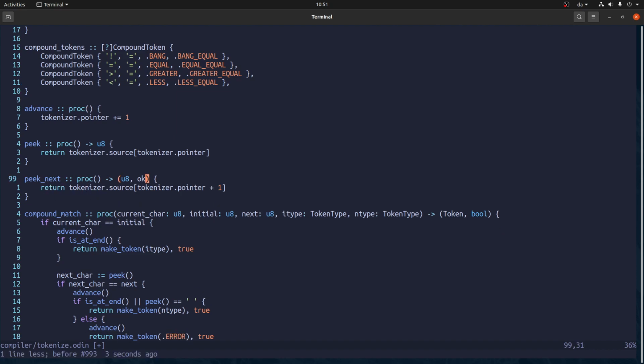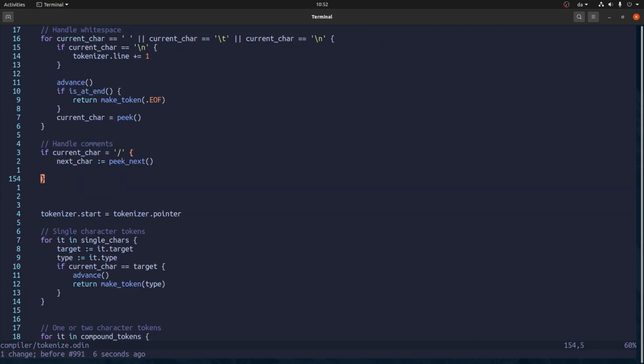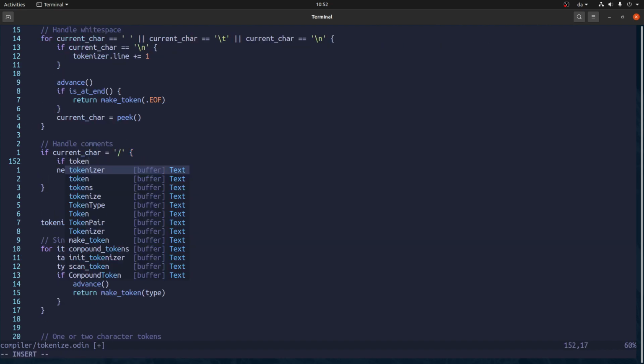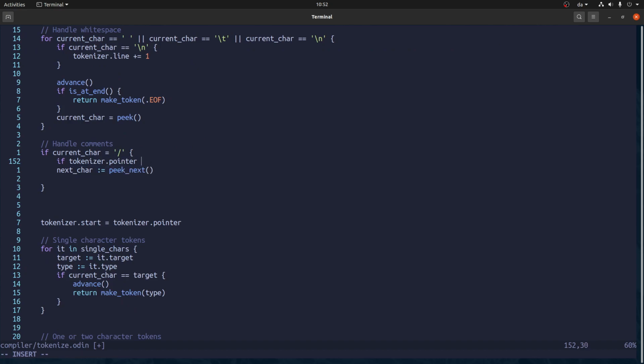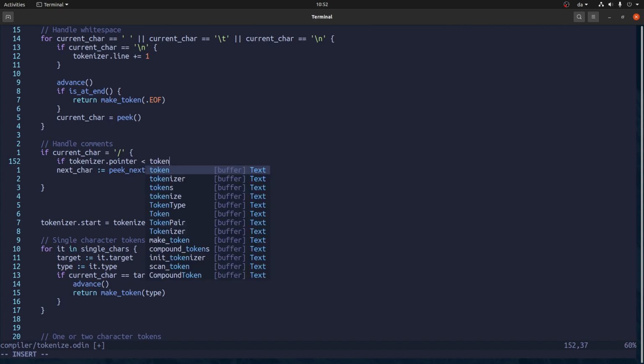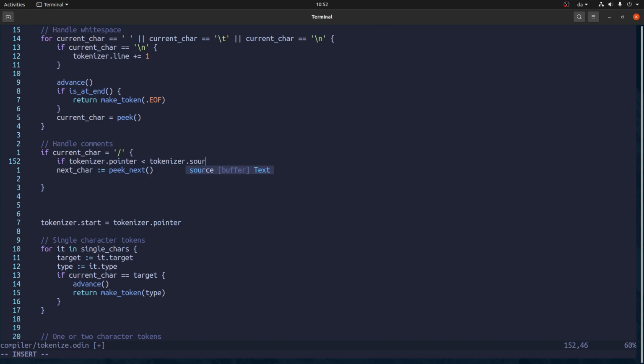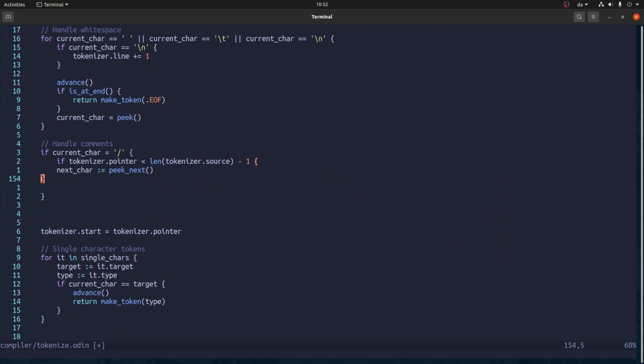Let's not overcomplicate it. Let's just say if tokenizer pointer is less than tokenizer source length of that minus 1, then it's okay to pick next.